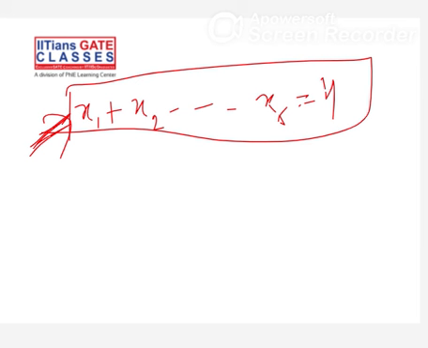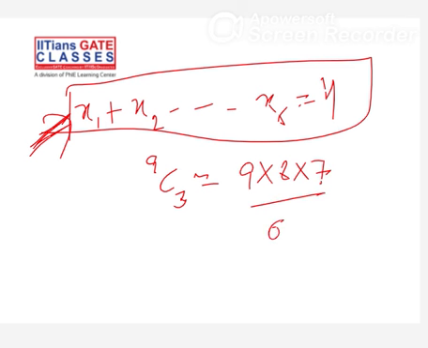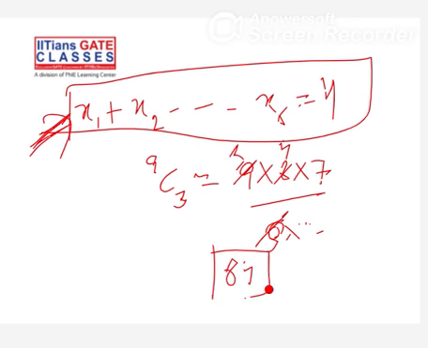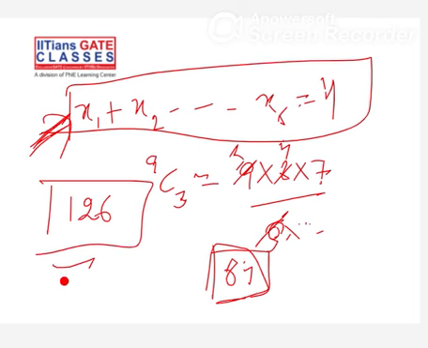This will give you n plus r minus 1. So that means 6 plus 9 C3 is what it is giving you. 9 into 8 into 7 by 3 into 2. So this gives you 3 and 4. So this is 21 into 4, 84 this is giving you. But the original answer is 126. I'm not really sure why this is happening. I have to check what are the cases we are not counting in this. Okay.